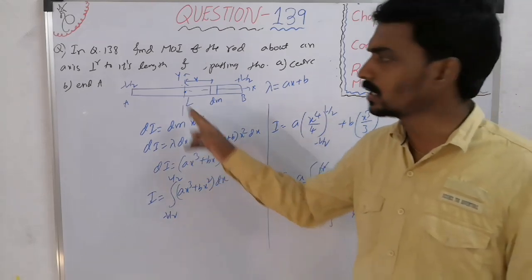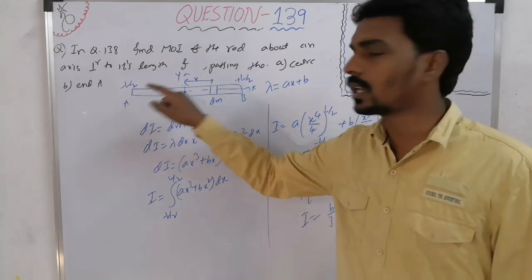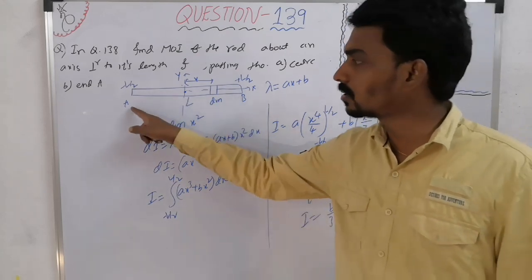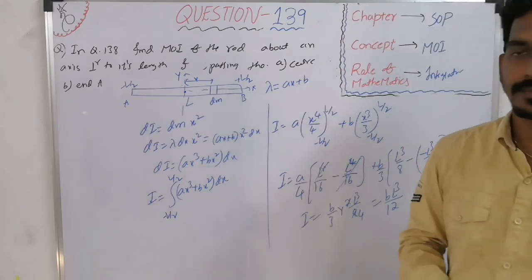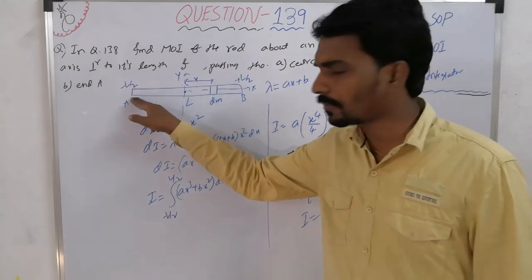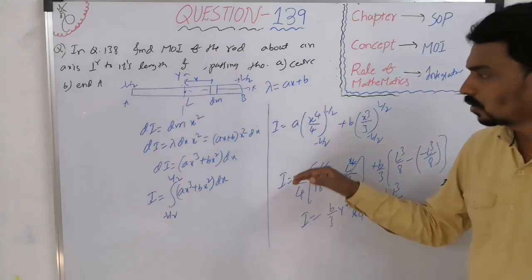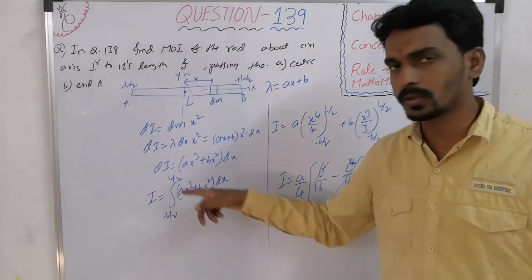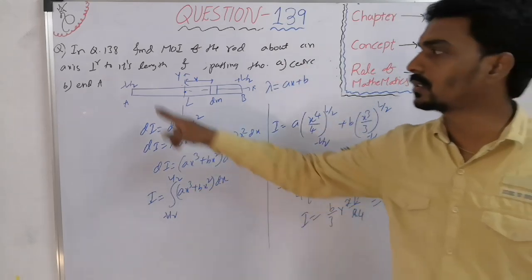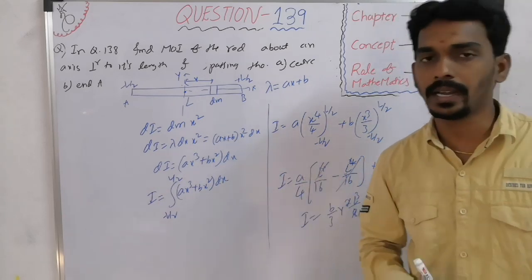Then what you have to do is apply the same method. Consider one small element, but now this is the reference point. Then go for the integration with the limits 0 to capital L. Now the limits will become 0 to capital L, because now this is reference point, this is x axis. So 0 to L. So only change the limits from 0 to L and apply the same procedure. Then you will get the moment of inertia about this axis passing through its end.